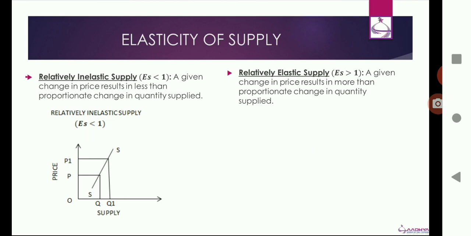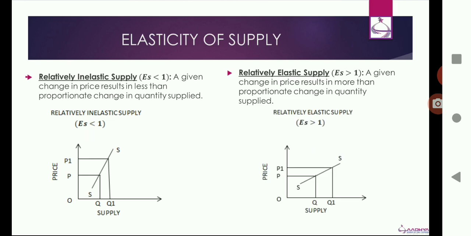Relatively elastic supply, on the other hand, is where a given change in price results in more than proportionate change in quantity supplied. That means a very small change in price will lead to extremely large changes in quantity supplied by the supplier. So here, as you can see, when price increases from P to P1, a very small increase in price, the supplier is willing to supply at this price a large amount of output or stock of